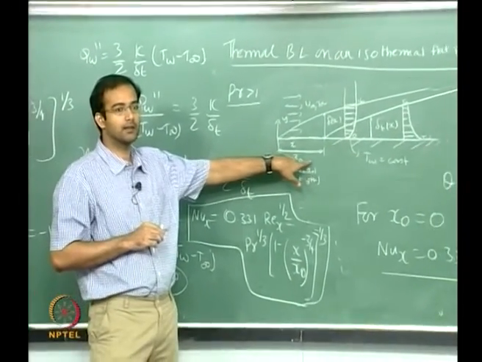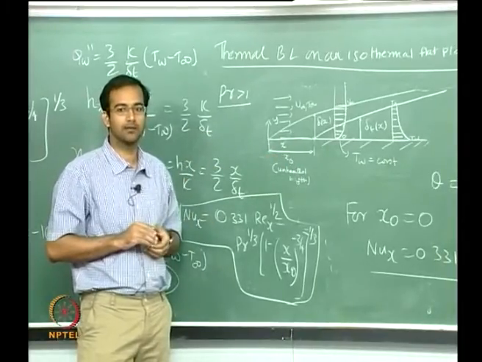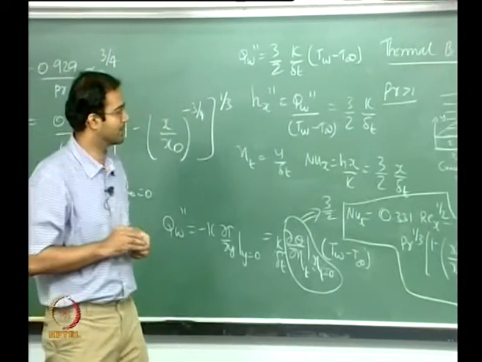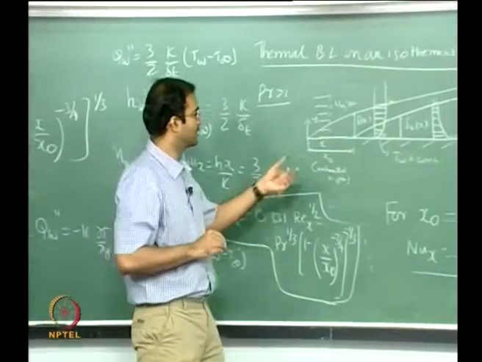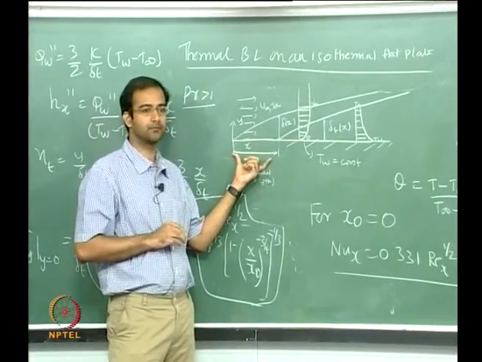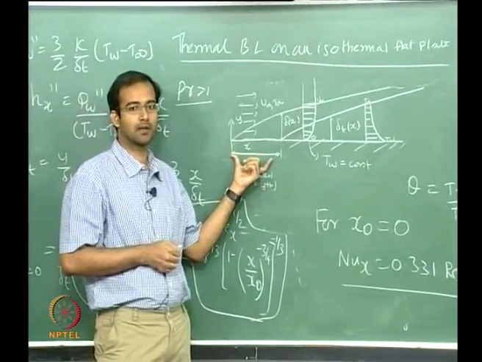Not only does it make our derivation relatively simpler compared to the similarity solution, but it also gives some flexibility in terms of applying variable boundary conditions. For example, we will see later on, in a few classes, 3 to 4 classes, that